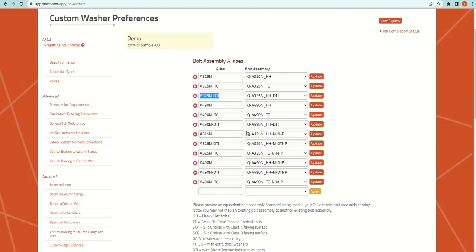So that's it about this video. I know that in Tekla the number of washers can be different from the standard, so most probably you will only define the DTI ones like this, but for the normal ones, even though here it has one plain washer, you don't need to type it, because in Tekla you have the option to tick how many washers you want to use. Only if you are using custom washers like thick washers or DTI washers, you may need to define the bolt catalog for it in Tekla and map it here